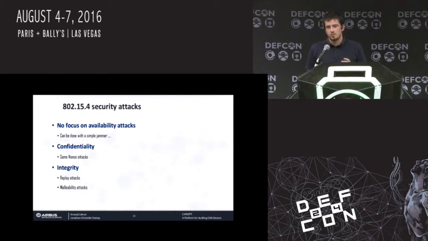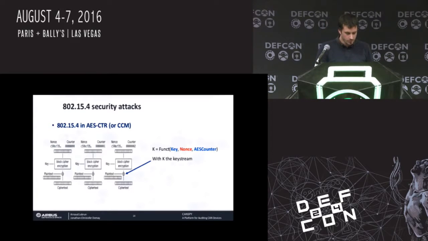And since we are talking about sensors for water management, for example, the critical point is integrity, because in fact confidentiality is not that important at this level. But still. So for confidentiality, we'll talk about semblance attacks, and for integrity, we'll talk about replay attacks and malleability attacks. So a few words on AES and CTR mode. As Jonathan showed you, it's one of the modes used for encryption, and the most interesting one, we think. And what I will say is also true for CCM, so encryption and authentication.